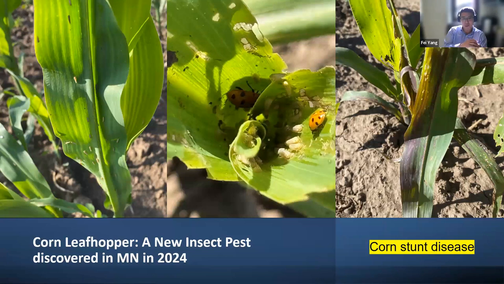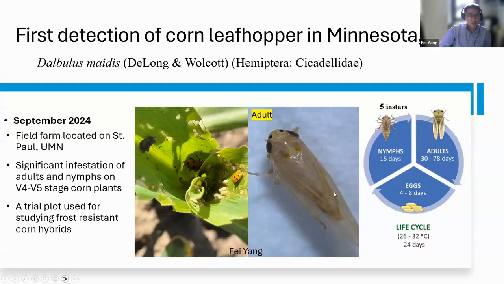These are the new pests we found for the first time in Minnesota in 2024. The first one I would like to give a rough introduction to is the corn leafhopper. These are the pictures we took in the field in Minnesota, and you can see these insects. Maybe it's not very clear, and these are the corn leaves. A little bit more introduction: this is the first detection of corn leafhopper in Minnesota, in 2024. It's from